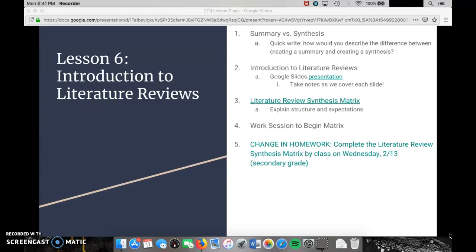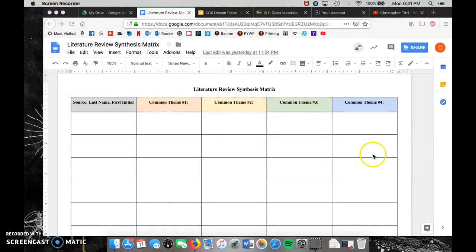And trust me, the word synthesis matrix is really a lot fancier and more complex than it actually is. Because at the end of the day, it's really just going to be a graphic organizer. And as you'll see, this is what it looks like. It should be very similar to some of the graphic organizers you've seen in class with me or in other